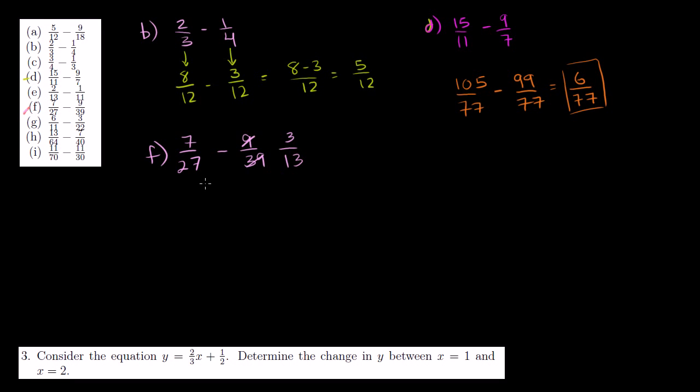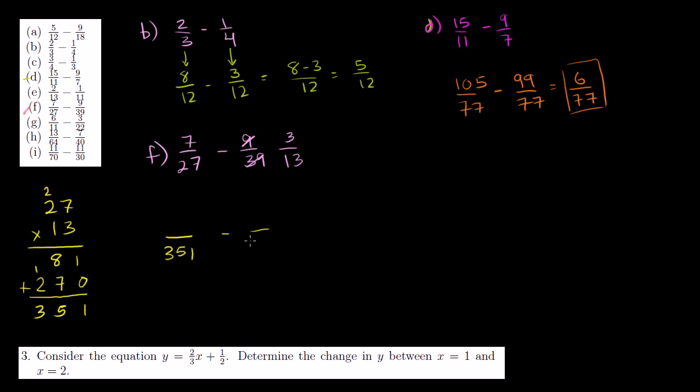So what's a common denominator between 27 and 13? Well, they don't have any common factors, so we're just going to have to multiply the two. So let's see, 27 times 13. Let me do it over the side over here. 3 times 7 is 21. Carry the 2. 3 times 2 is 6, plus 2 is 8. So put the 0 down here. 1 times 7 is 7. 1 times 2 is 2. And we add. 1 plus 0 is 1. 8 plus 7 is 15. 1 plus 2 is 3. So our common denominator is going to be